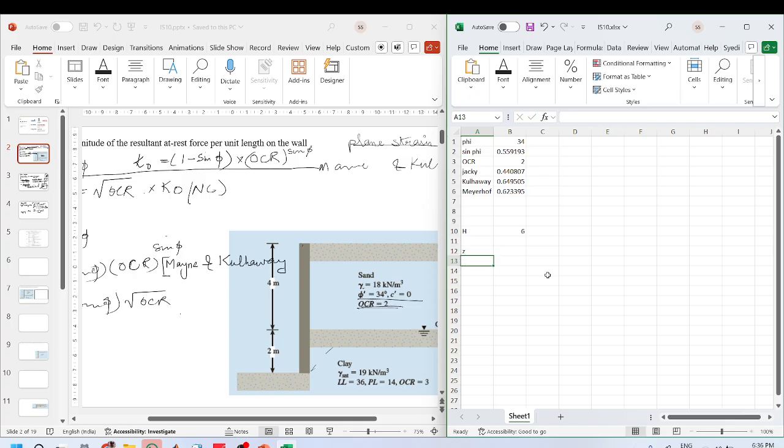Then Z we will take from top at 0, at 4, then at 6. Height of the layer is